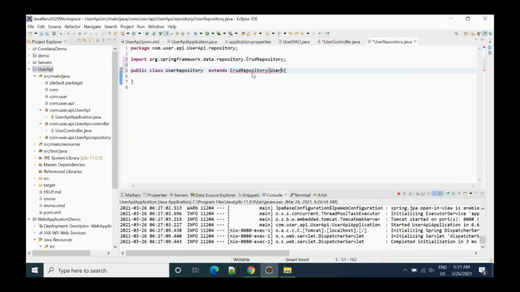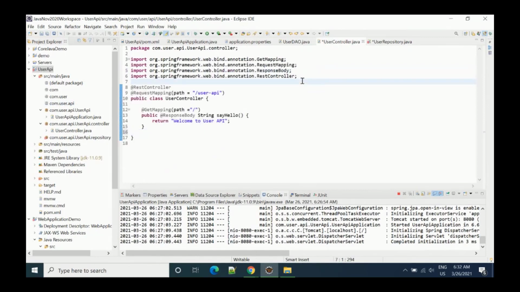So user, and then we have to pass one integer. Okay, this is our user repository interface. Now let's create this user model class. This model class is very important.